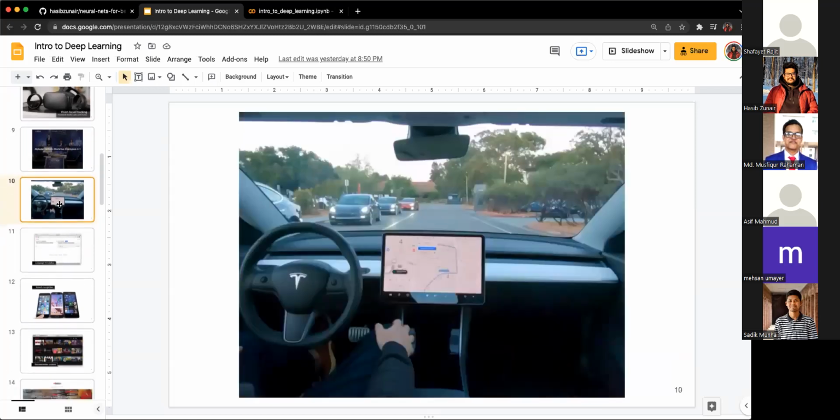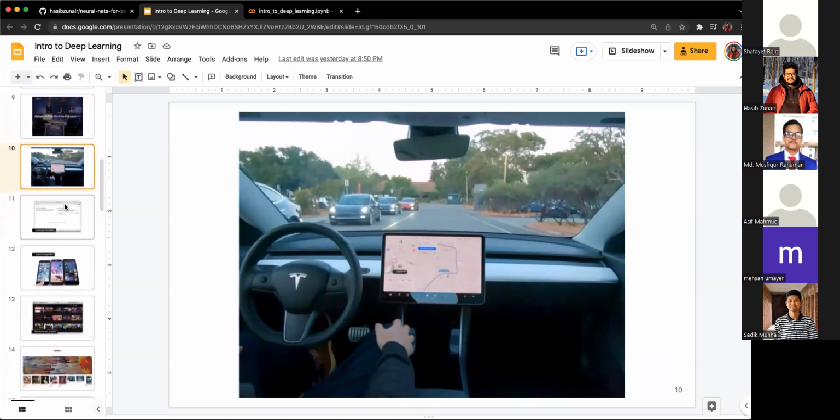There's also self-driving, where the car would literally drive itself. I think you've heard most about this from Tesla. I'm not sure how this would translate in Bangladesh, for example, in Puran Dhaka. So yeah, that's one thing to think about if anyone wants to start a self-driving company in Bangladesh.